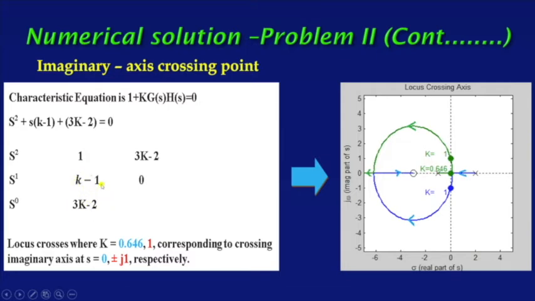When k minus 1 equal to 0, then we get k equal to 1. Another, put 3k minus 2 equal to 0, then we get k equal to 0.646. Corresponding to this value, we get s equal to 0. Another is plus minus j1. That means at that point, s equal to plus minus j1 when k